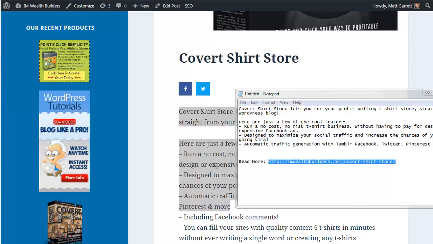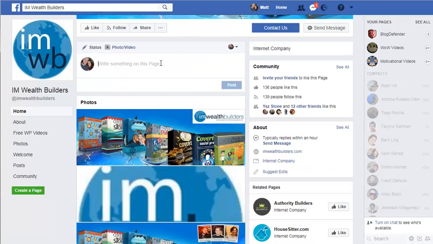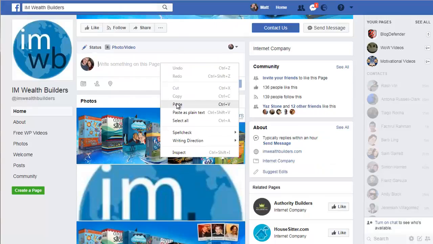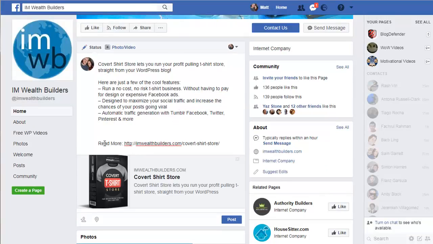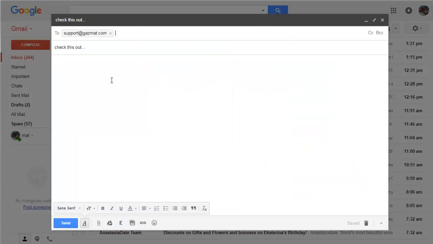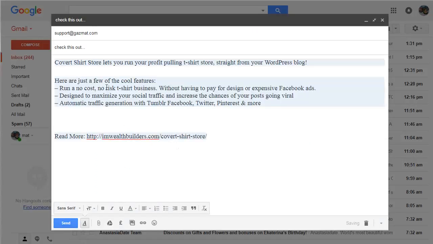Now let's also jump across to Facebook and do the same thing again. I'm just going to right click and choose paste, and you'll notice again it's put the URL where that content was taken from into the post automatically, even though that wasn't in the content that was copied. And for the last one, let's just jump across to Gmail and pop that in again, right click, paste, there we go. We've got the content and we've got the URL for the actual page that the content was taken